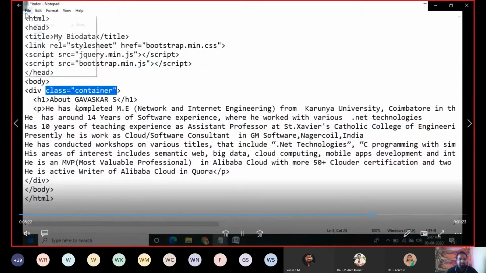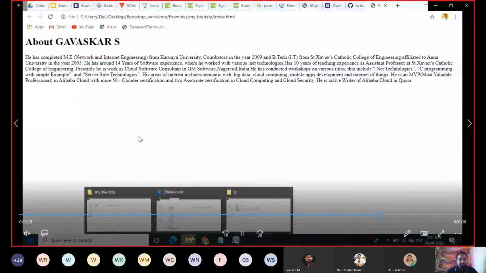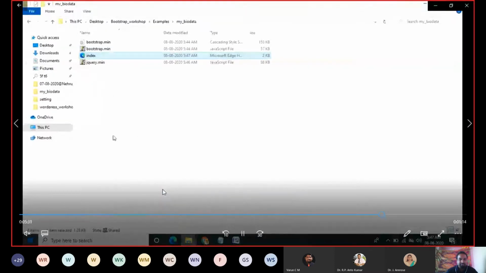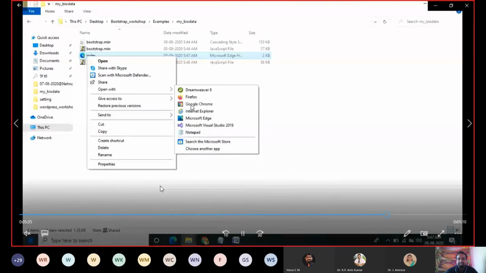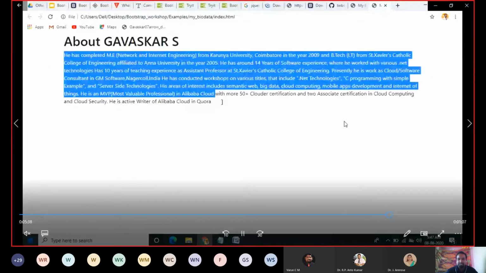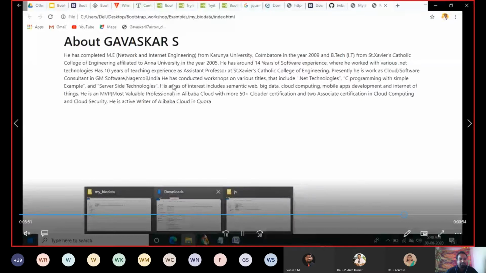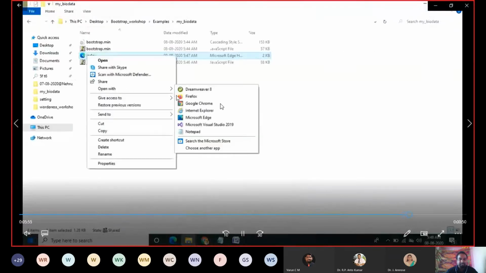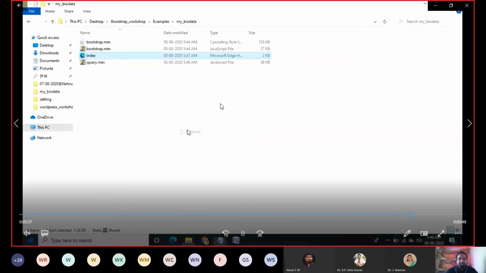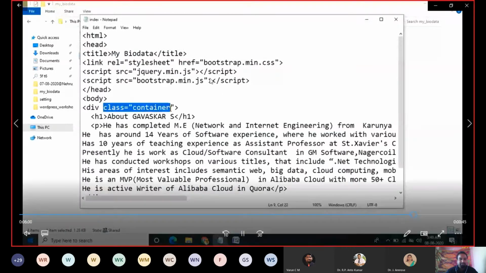Now you see what happens for the same web page which I created. I have bootstrapped that particular web page. Now see, the style is changed entirely. You see, a border is there, equal on the right side and left side. The website is entirely changed. Now this website is responsive. You can run it on mobile and on desktop also. Based on the browser width, the page will adapt and change.